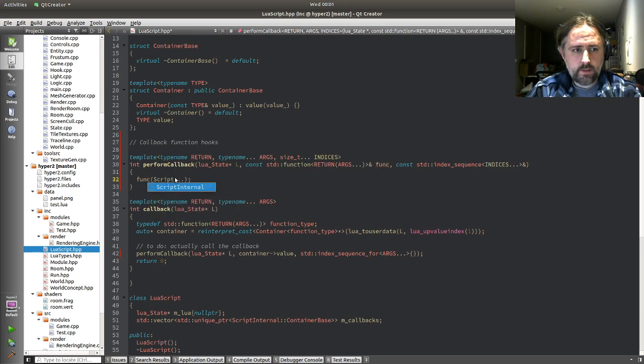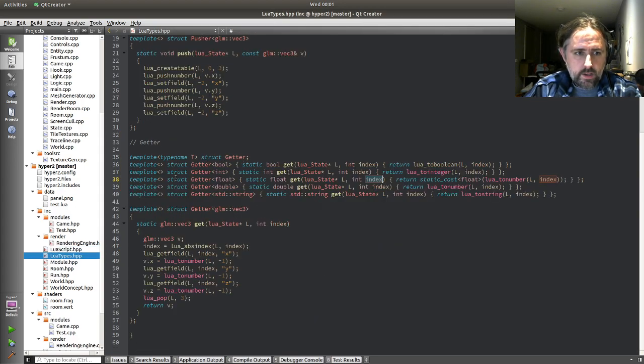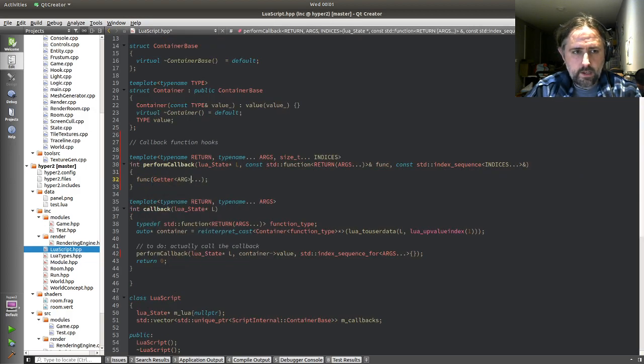So I'm going to go to the script, or I'm already in script internal namespace. So I need to use getter for the arg type. Get